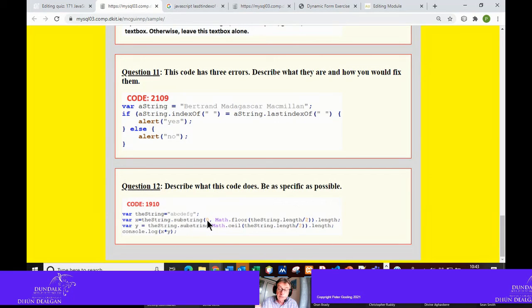So it's going to take the string from 0, length of 3, right? That's going to be ABC. And it's looking for the dot length, so it's going to be 3 anyhow. And then this one here is going to take Math dot ceil, string length divided by 2. 3.5 would be 4. Dot length would be 4. So it should log 12, I think, is the answer. Is that right? Am I reading that properly? Has anybody done it? Okay, right. So